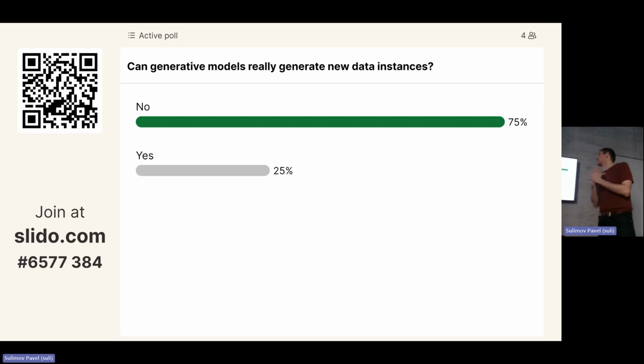What is meant by these new data instances? Imagine, for example, you might have heard about these GPT-like models, the ones that are generating the words. All these modern models that are sold as the breakthrough in AI, you know what they are doing? They are just generating the next word in a sequence.